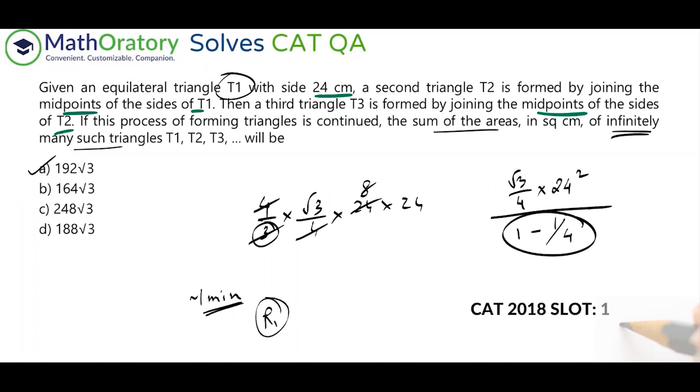I've seen many students complain about geometry being a tough area for them. It should not be. The basic idea should be clear, because this is not just a geometry problem; it's a GP series problem also. So it's a sorted problem on 2 different ideas. So if you're good with series, but you don't even know the very basic ideas of geometry, then you lose out on actually a series question. You can look at it in that way as well. So do understand the basics of each and every module that are tested in CAT. If you do that, then you can easily attempt questions as simple as this.